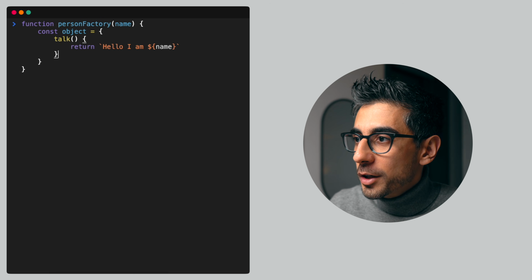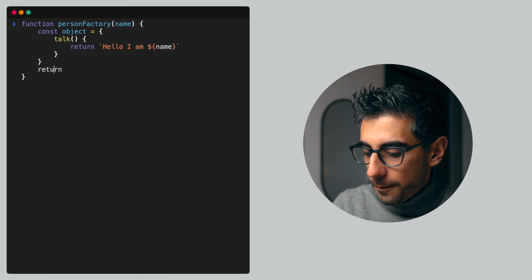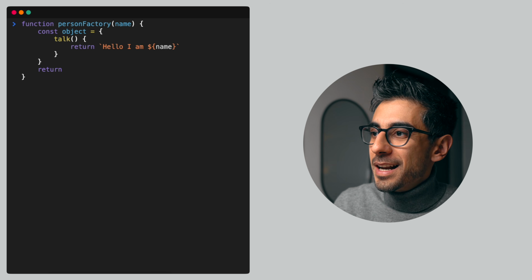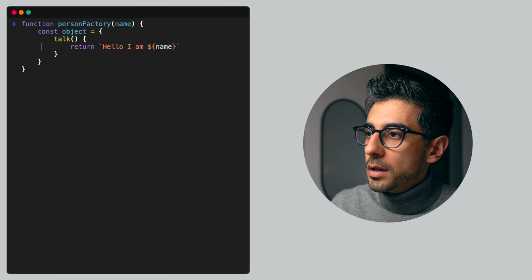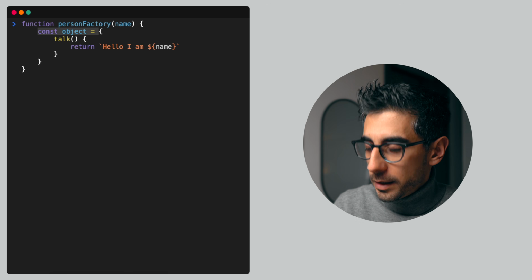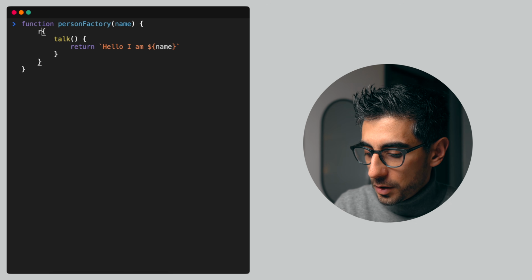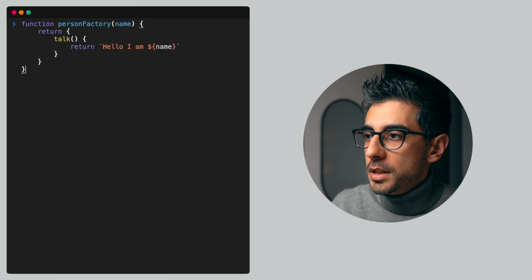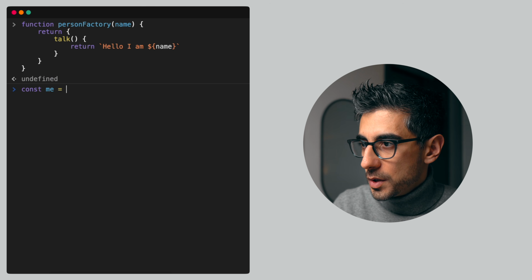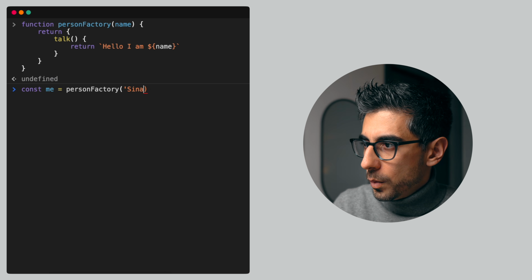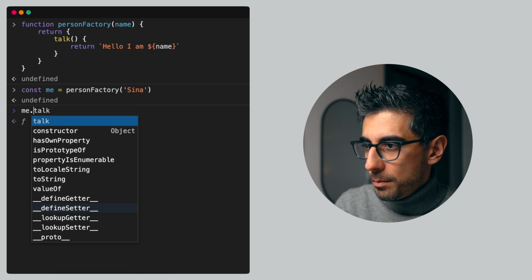Oh, fascinating. I forgot to return the object, right? Factory functions return the object, but instead of creating a constant and returning object like this, I'm just going to return the object. Same thing, right? Then I'm going to say const me equals person factory with my name. Now me.talk